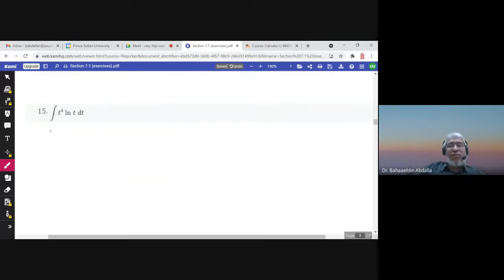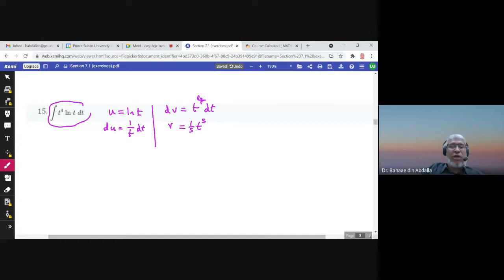I have logarithmic and algebraic. LIATE starts with L, so logarithmic before algebraic. So I have to take the logarithmic function as u. Then du would be the derivative of this, which is 1 over t dt. And dv would be t to the power 4 times dt. And v, the integral, would be t to the power 5 over 5, and then this integral, which is I,